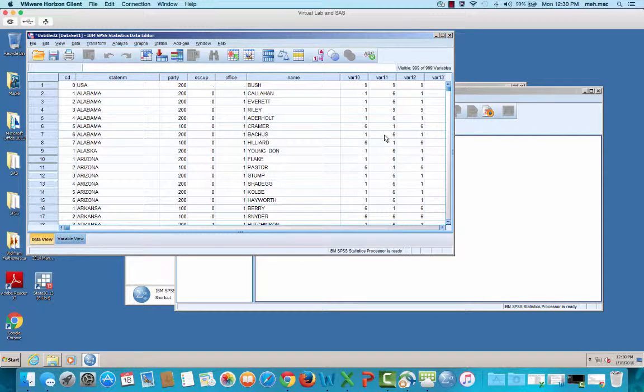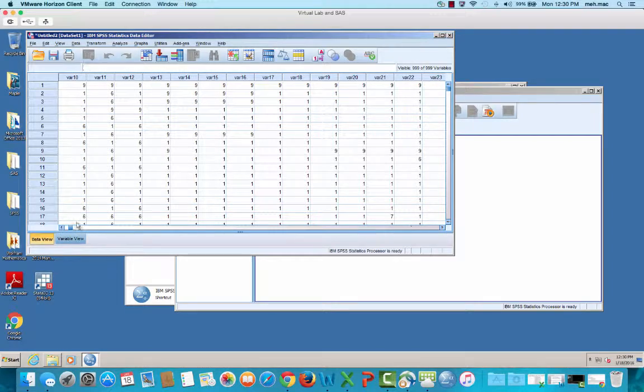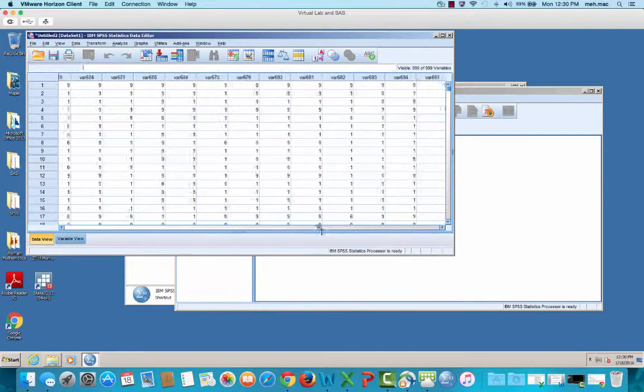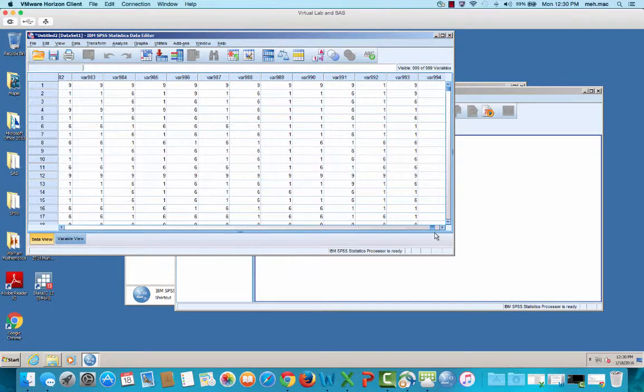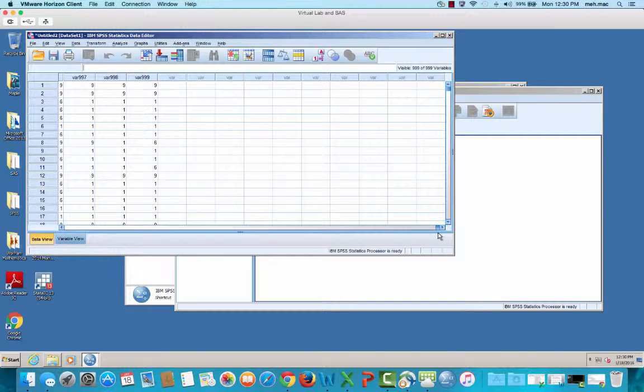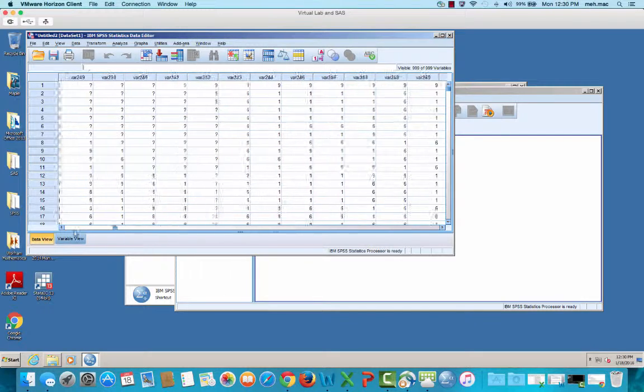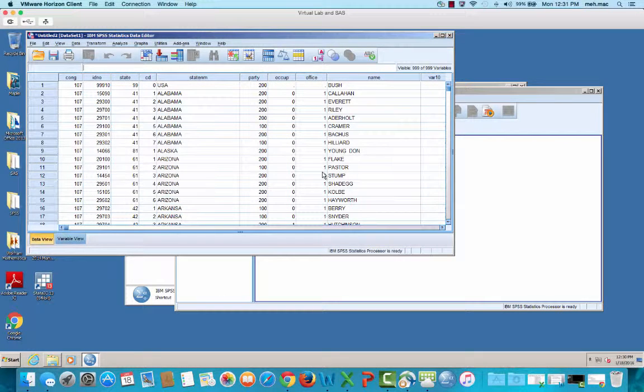These are the roll call votes. Remember the 1s and the 3s and the 1s, the 6s and 9s and that kind of stuff. And if we go all the way out to the end, we should have about 1,000 of them. All right, we have exactly 1,000. So if we subtract the first 10, we have about 990 different votes